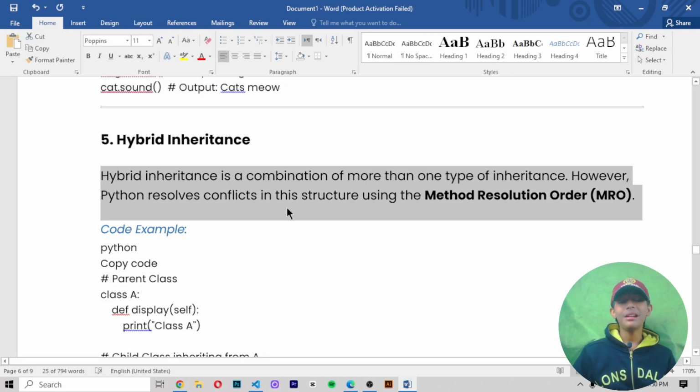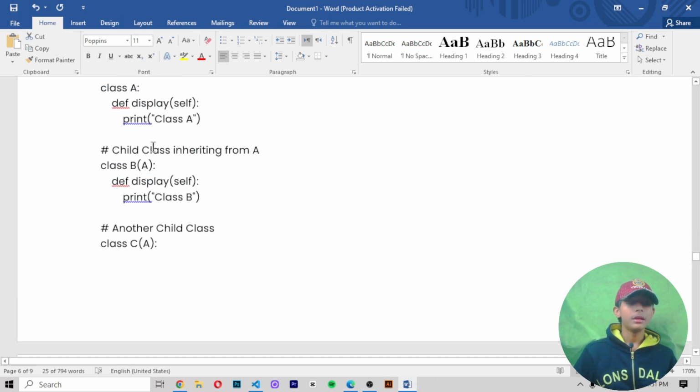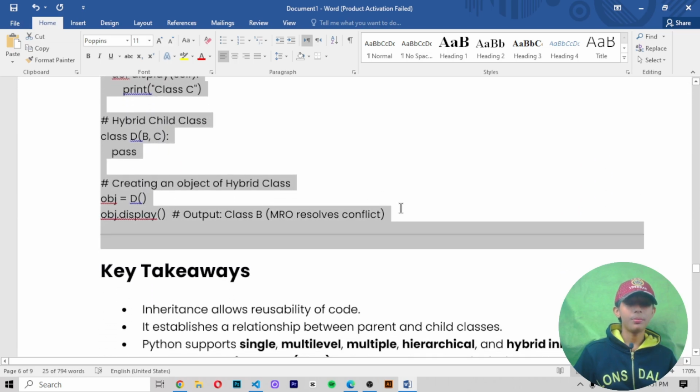Now, hybrid inheritance is a combination of more than one type of inheritance. However, Python resolves conflicts in this structure using the method resolution order, means MRO. In the short form, it's called MRO. Okay, this is one code example. Copy it